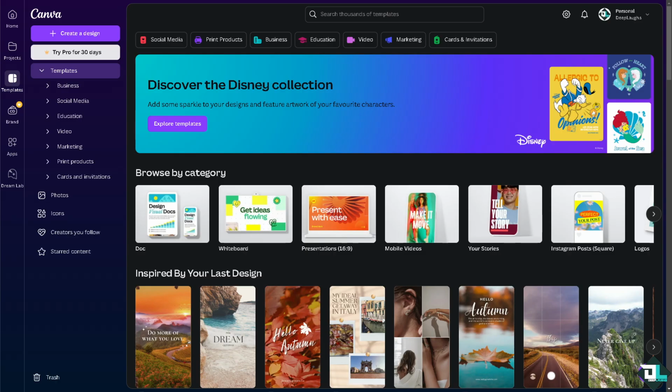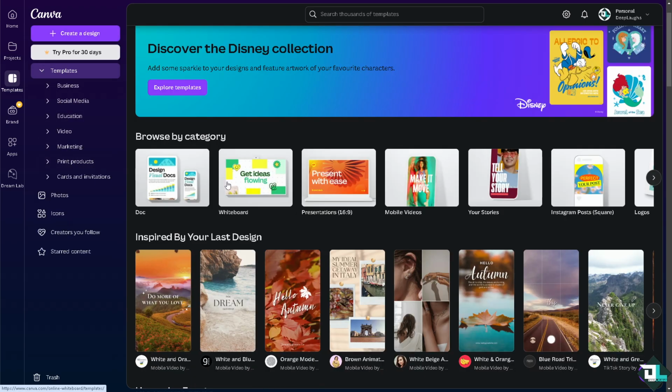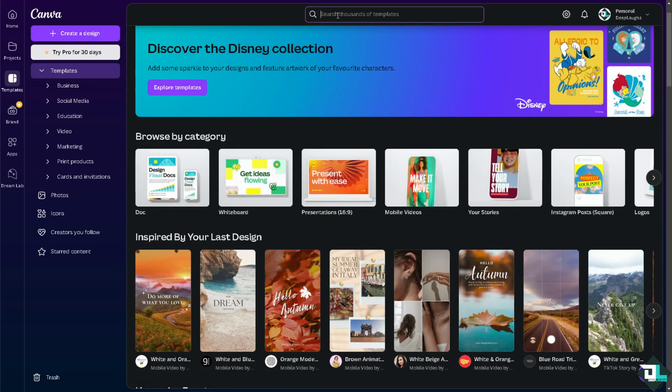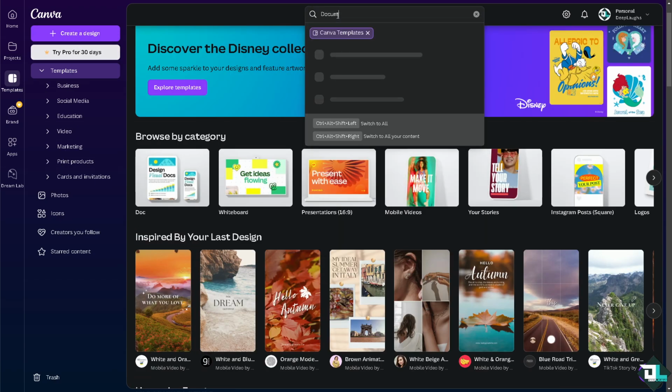Inserting page numbers in Canva is a straightforward process that can improve the structure and usability of your design, especially for multi-page documents. Once you're logged into your account, you might want to hover to the Create a Design option on the upper left corner if you haven't already, or if you wanted to start from scratch, you can simply click on the templates, right? You can maybe choose something like a document. So if you want to type in document,